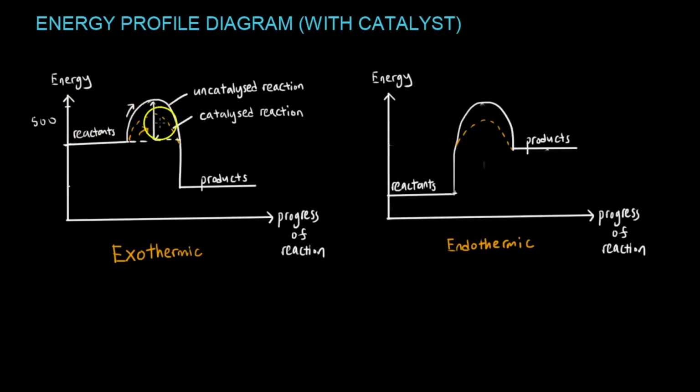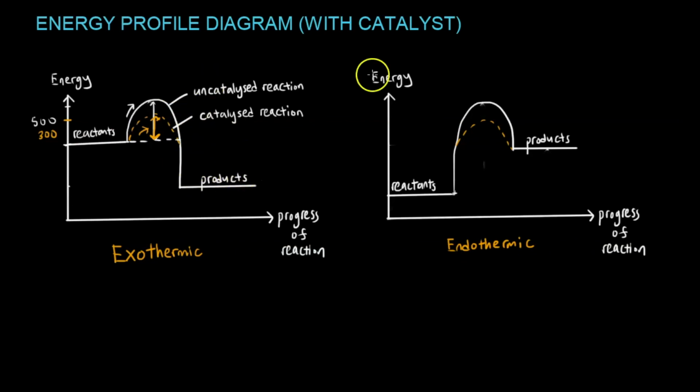But if I were to travel by this orange route, imagine this is the center, maybe I should draw the center. If I travel by the orange route instead, this one only takes me from here to here, only 300 units of energy. So obviously I'll take the lesser one, and that's what a catalyst does. It provides an alternative pathway such that my reactant can go via a shorter hump,